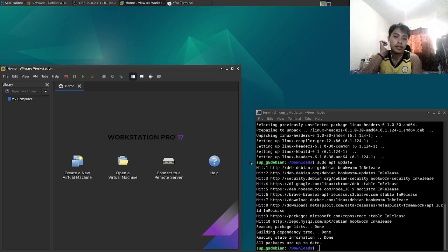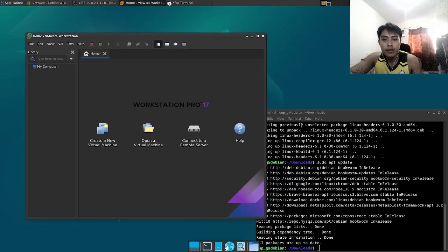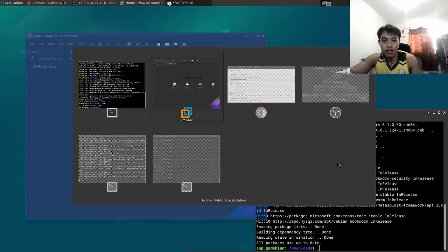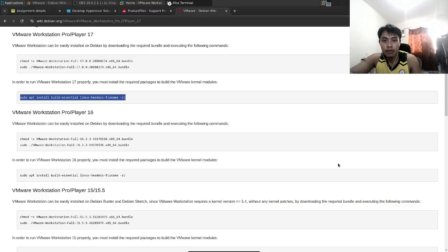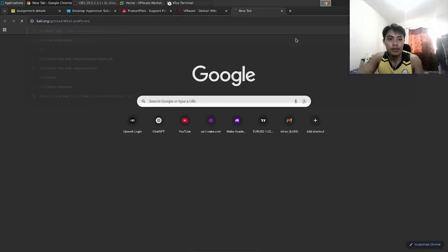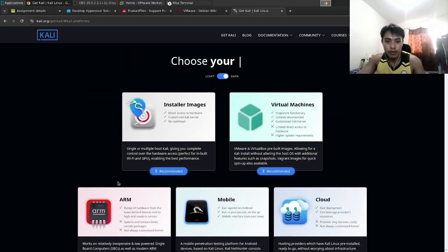So here, this is our virtual machine. But first, we need to have a Linux OS. The other operating system that I'm going to use in VMware is Linux, or Kali Linux. So to install a Kali Linux image, I just go here and go to installer image